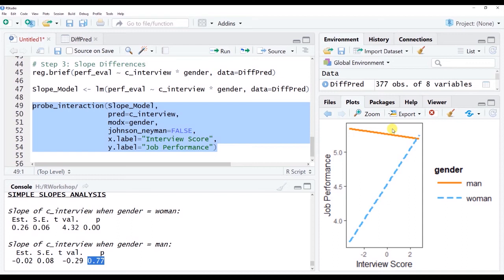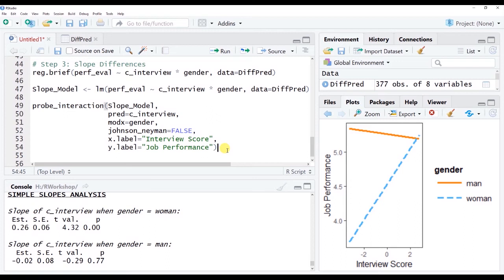Okay, so this is an instance in which we would have issues if we used a common regression line here and by mistake didn't account for the fact that there are differences by the protected class variable of gender. We would actually overpredict and underpredict men and women in certain circumstances. Okay, so this is why we probe these interactions, and this is why we do this 3-step process here to